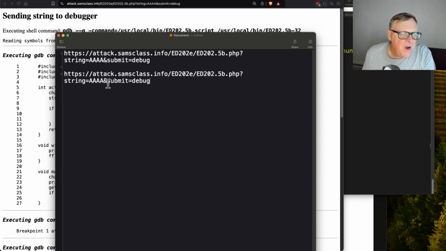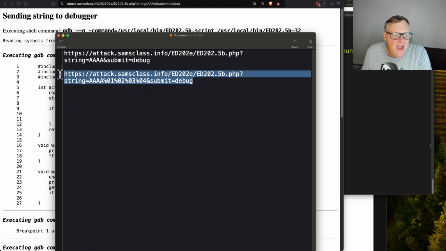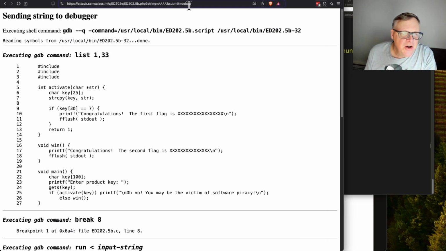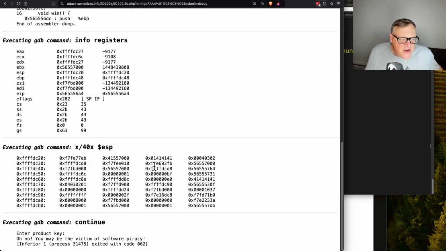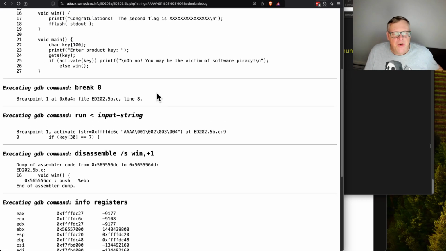So let's send it some binary stuff. All you do is percent and then hex code 01, %02, percent, that should be. Okay. That's all you have to do. This is going to give me A's and then the binary hexadecimal 1, 2, 3, 4. So if I send it that data by just copying that and putting it here, then if I look on the stack, I'm going to have A, and here's the 01, 02, 03, 04. So to get the first flag, you just need to put in a whole bunch of 07s